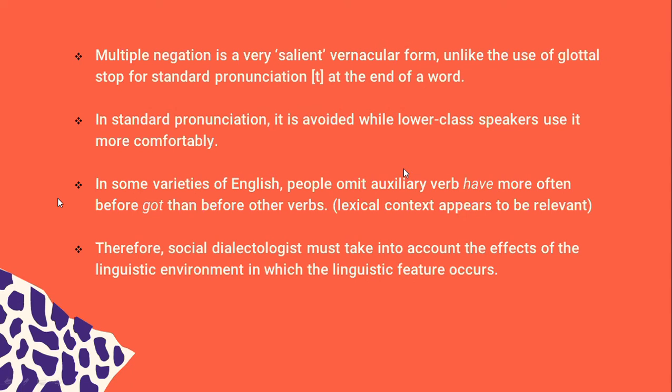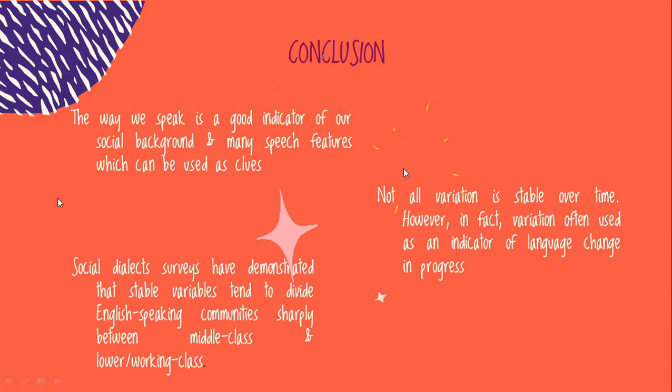So in conclusion, we can say that the way we speak is a good indicator of our social background, and there are many speech features which can be used as clues. Not all variation is stable over time. However, in fact, variation is often used as an